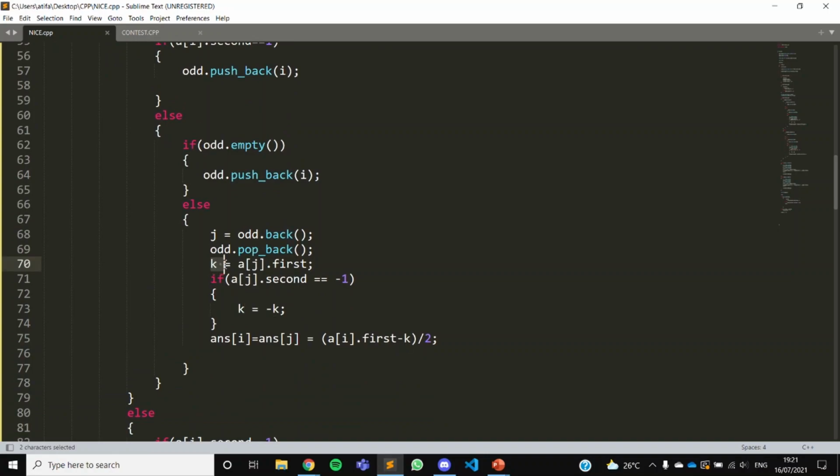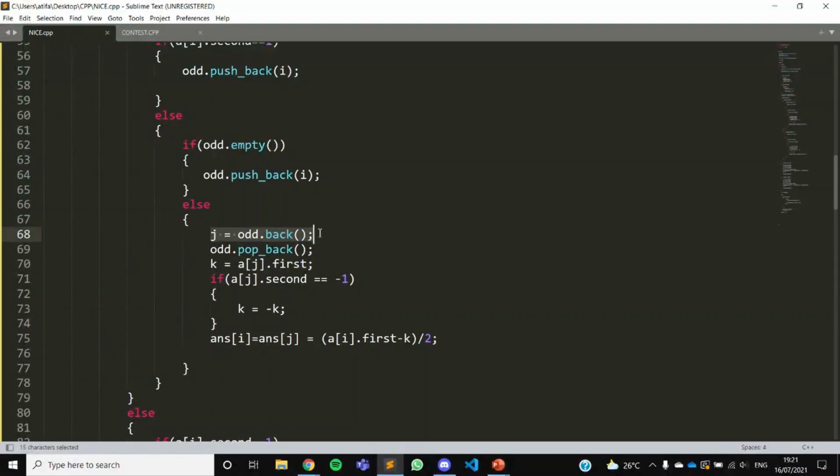Odd is the stack basically. It's a vector, but I'm taking the last robot present in the odd array and then popping it.